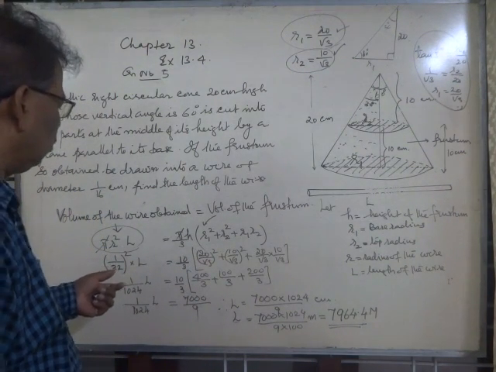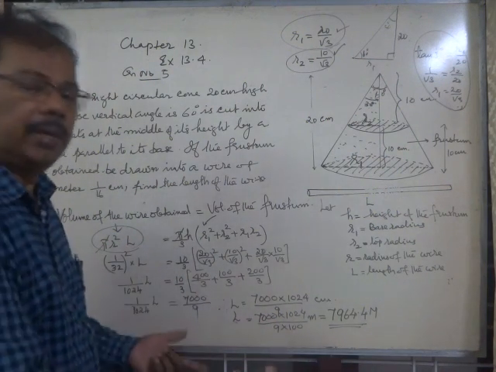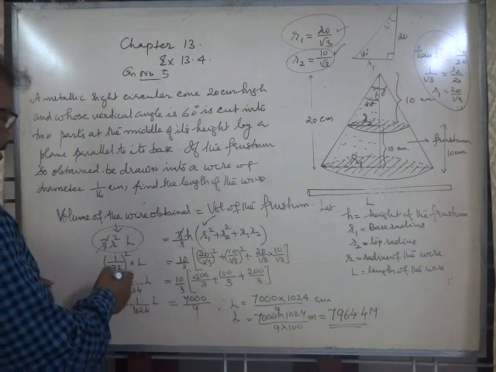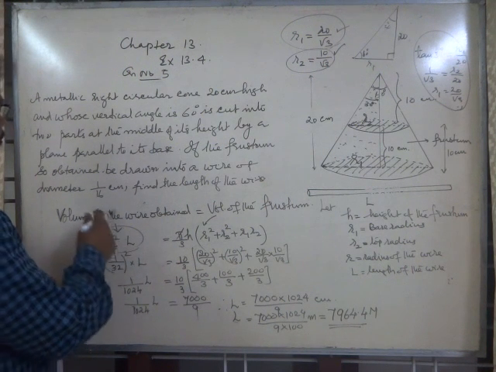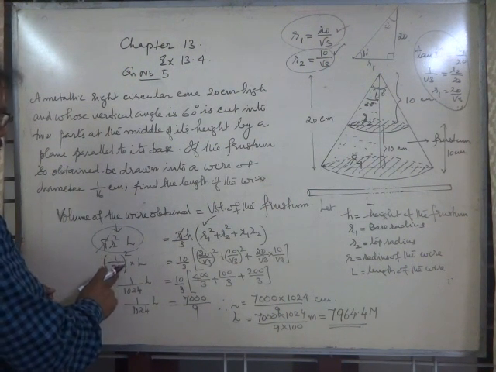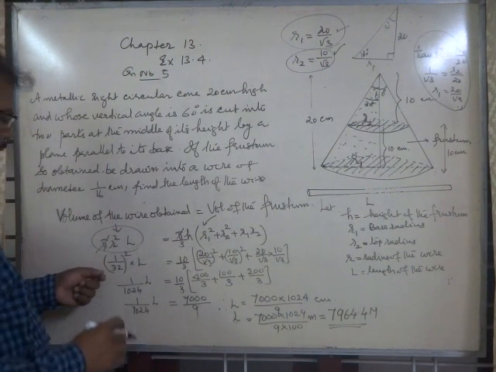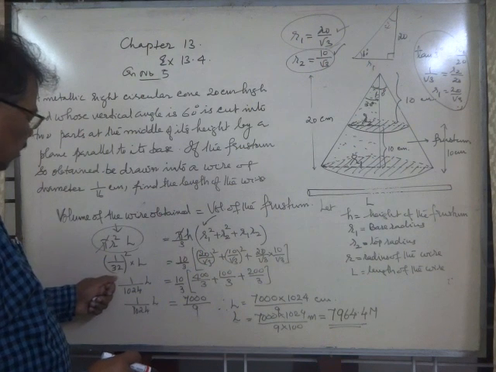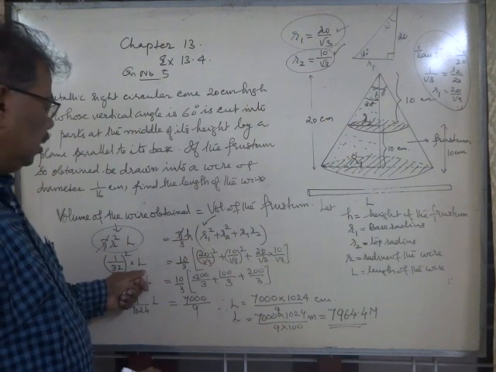Now, on both sides there is pi. We can cancel it. Then r is given to be half of 1 by 16, that is 1 by 32. Why? This is diameter. For getting the radius, we have to divide it by 2, that is 1 by 32. r square means 1 by 32 square into L is equal to